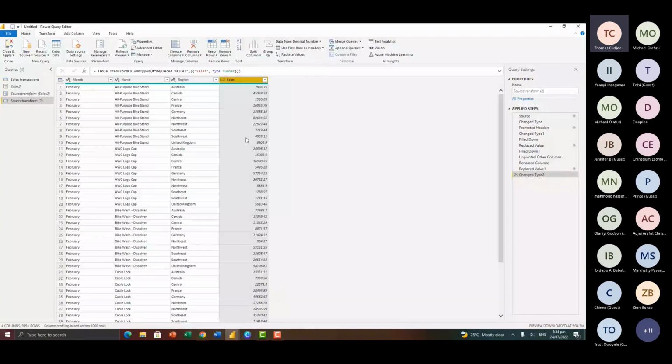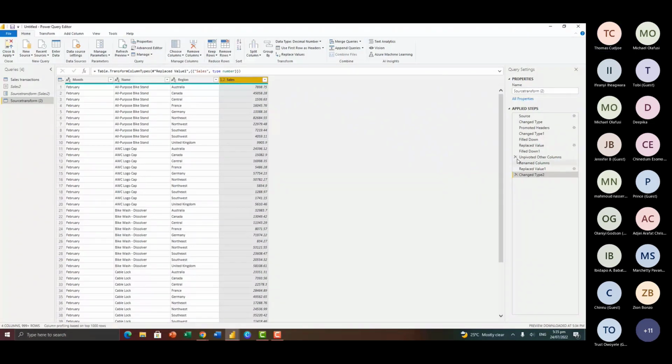But here we have used this as a reference or as a sample. Now, because this query here is referencing this parameter, we can convert this into a custom function, which we can then apply to any data that we want to transform, going through the same steps that we have applied here.